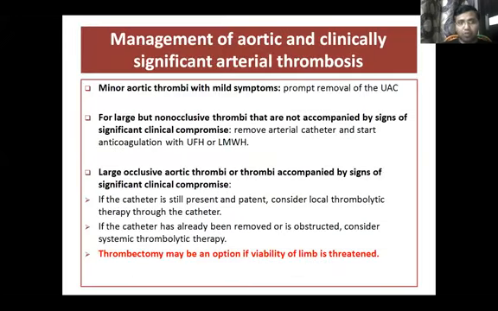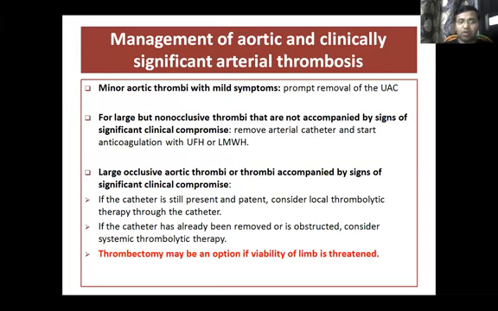So how to manage? Minor thrombi with mild symptoms, just remove the UAC. If it is large and non-occlusive, just remove the catheter and start anticoagulation with low molecular weight or unfractionated heparin. It may be required for around 3 to 4 weeks. If the thrombus is large and there is a compromise, and the catheter is still present,